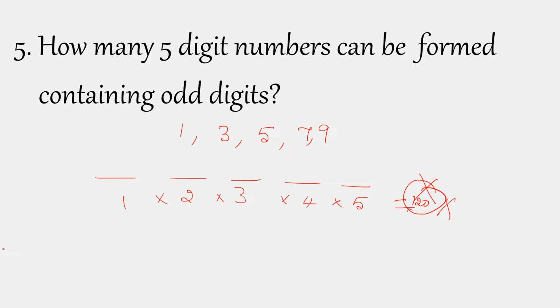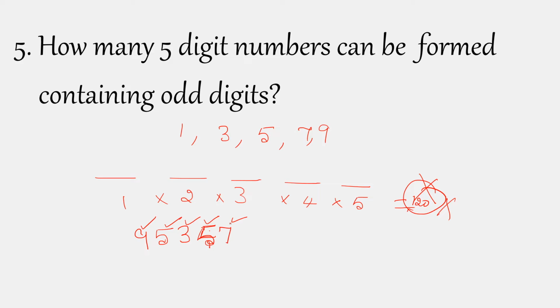Now what to do? What is the difference between the previous question and this question? Containing odd digits. So the same example I am giving. I am writing 7 here, 5 here, and 3, 5, 9. You cannot ask where is 1, because they are not giving containing all the digits. Containing odd digits. Is it an odd number? Yes. This is an odd number, this is an odd number, this is again an odd number. Therefore, all are odd digits only.